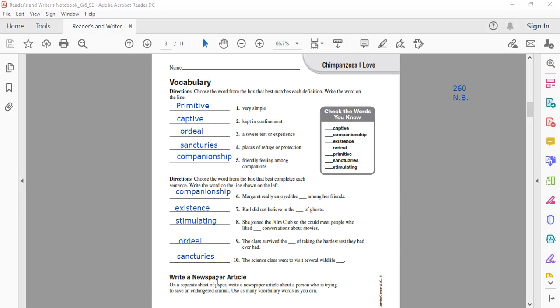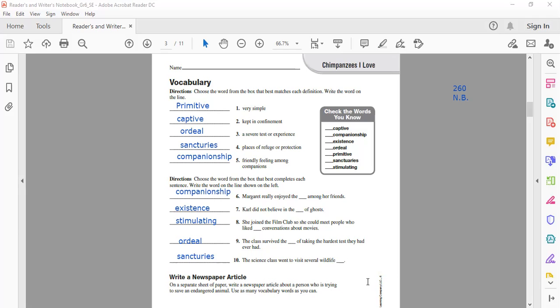And also, I want you to write a news article. On a separate sheet of paper, write a newspaper article about a person who is trying to save an endangered animal. Use as many vocabulary words as you can. Okay, imagine yourself that you went to the jungle and you are a newspaper reporter or journalist. You went in there and you find